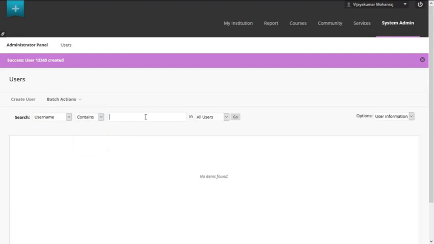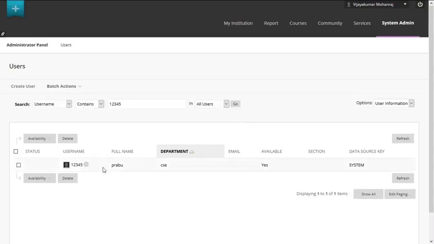And here we need to put the search keyword, and finally we'll give the go button. So now we will search for our user Prabhu, just we have created. So username contains 1 2 3 4 5. So this is the username that we provided for Prabhu, and click go.